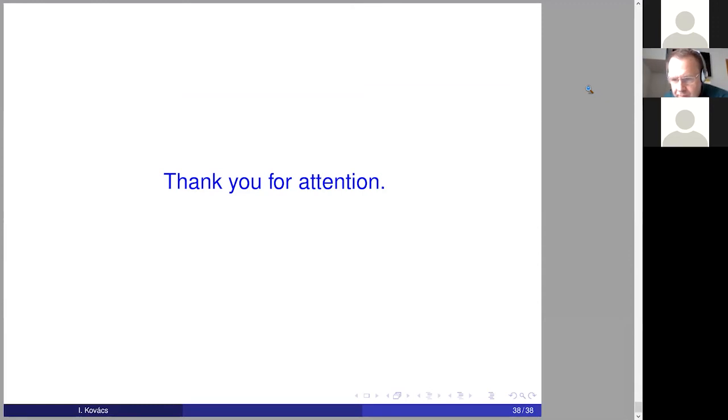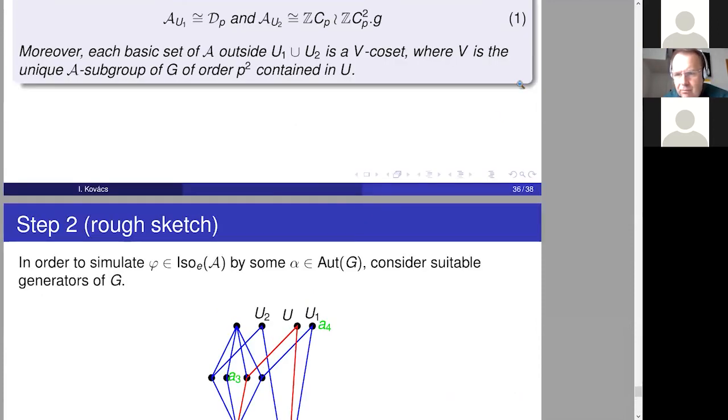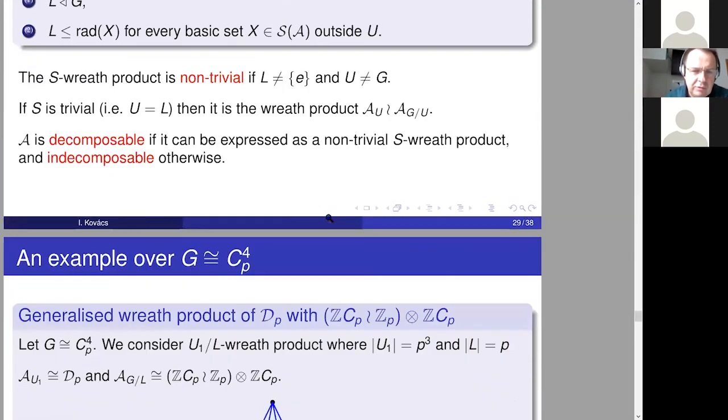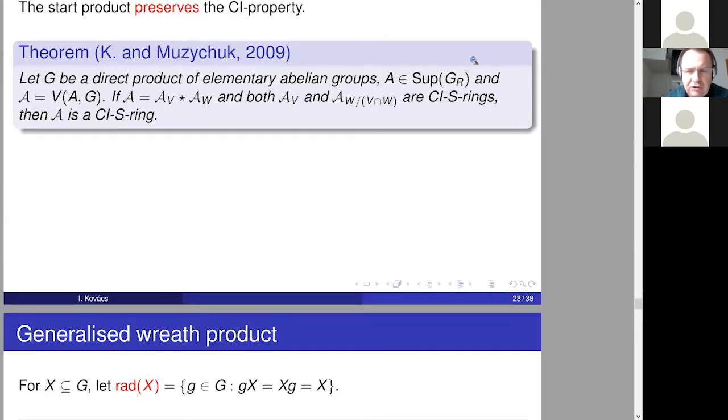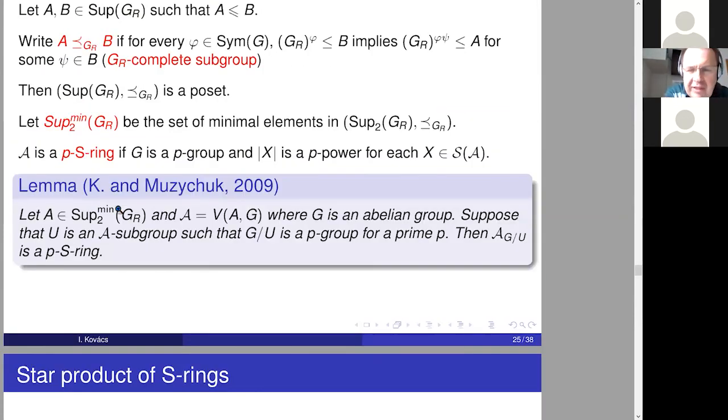Okay, I just have maybe a stupid question. You said that it is unknown in the general case. Is it true that the S_3 product preserves the CI property? Yes. But what is your feeling? What do you think? I think it does. Oh, really? So this means that you have some ideas why it is true. I tried to prove it. It's not easy, but I think